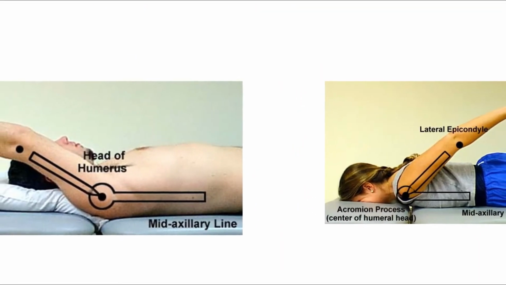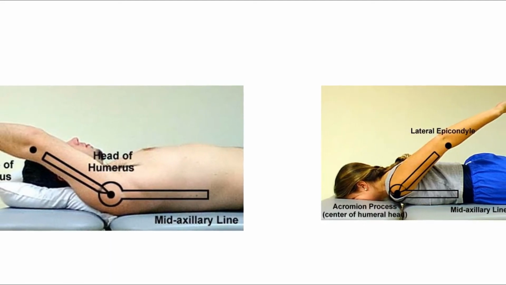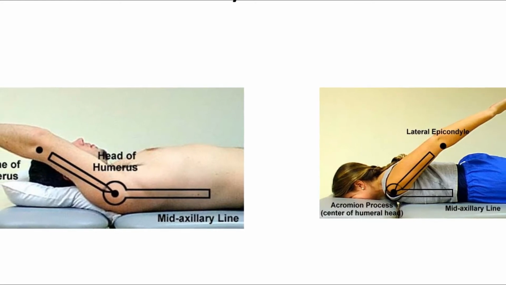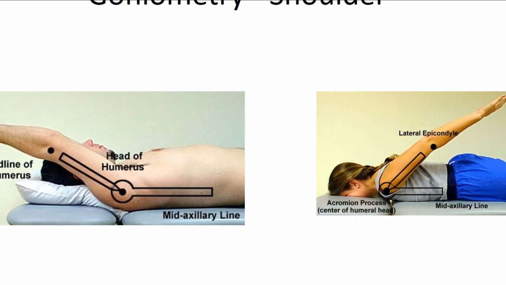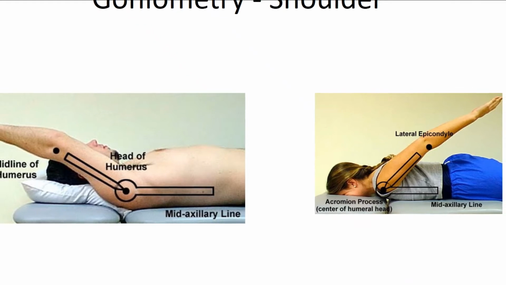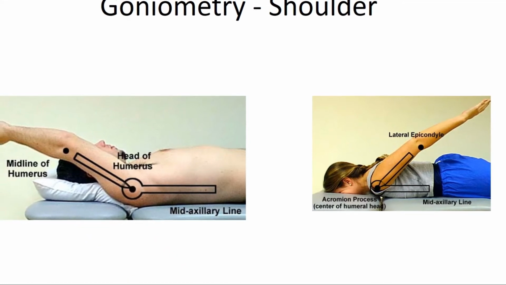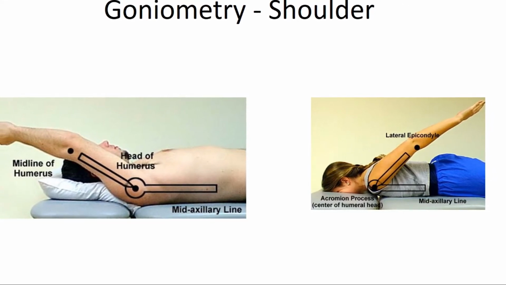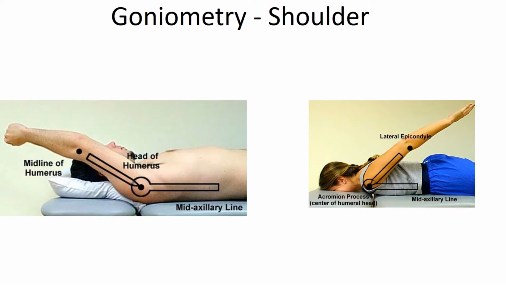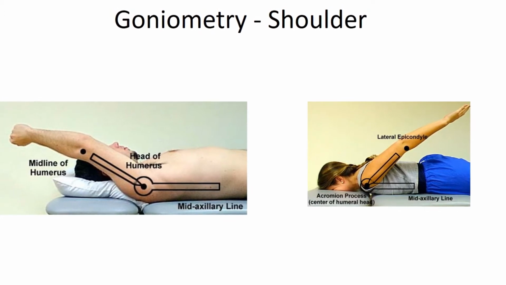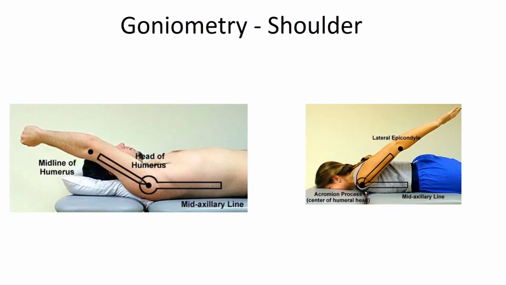To measure range of motion of shoulder flexion and extension, the goniometer alignments are: center the fulcrum of the goniometer over the lateral aspect of the greater tubercle. Align the proximal arm parallel to the mid-axillary line of the thorax. Align the distal arm with the lateral midline of the humerus. Depending on how much flexion and rotation occurs, the lateral epicondyle of the humerus or the olecranon process of the ulna may be helpful references.